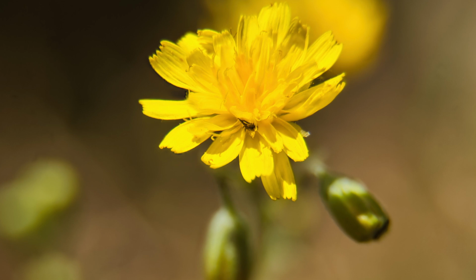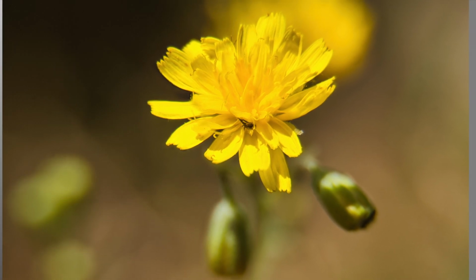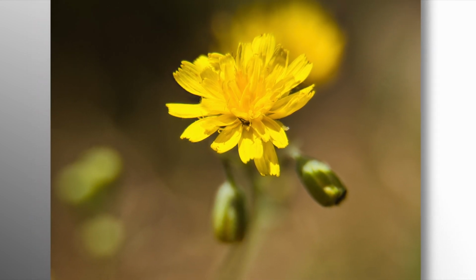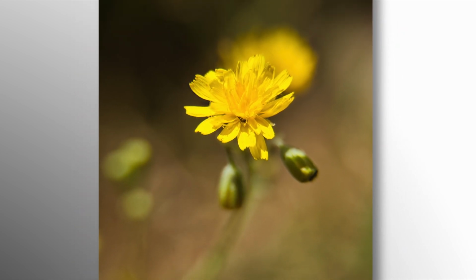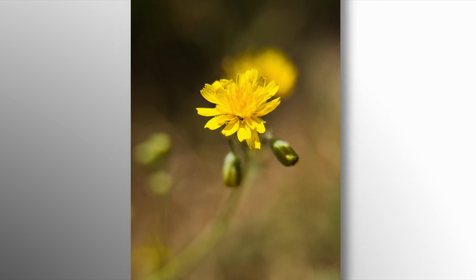So here is the final result of the focus stacked image that I was rambling on about. Really, I'm super happy with how this particular one turned out, and as you'll see as we pan away from the image, I decided to keep the entire frame. I think I cropped it to a 4x5 because I just wanted the flower itself to remain the central point of the image